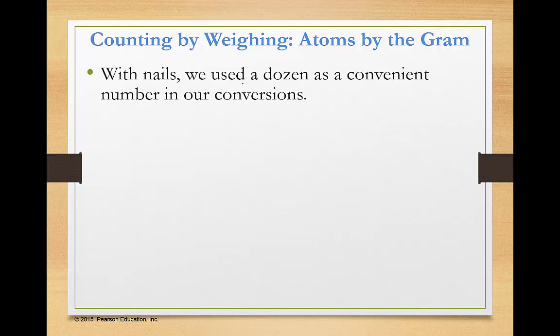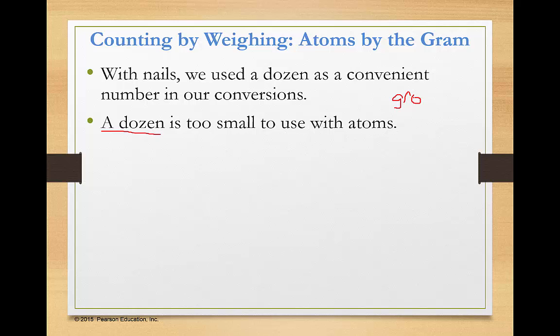All right, so with nails, we used a dozen as a good way to measure them out. So instead of having to weigh out one little nail, we can weigh out a series of nails. Well, again, atoms, there's so many of them, even a dozen is too small. So we need some sort of grouping. We know a dozen is 12. You can have counting numbers for anything for groups. So for instance, you could have a gross of something. If you've never heard of this term, if you have a gross of pencils, that means that you have 12 dozen, or